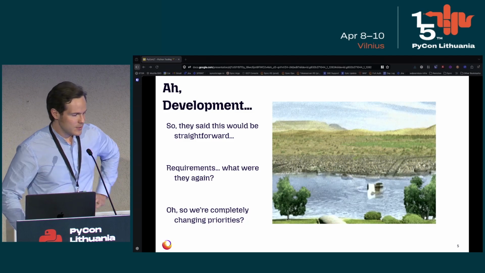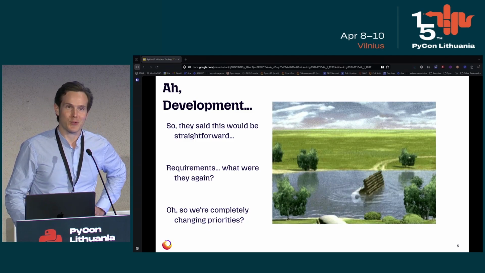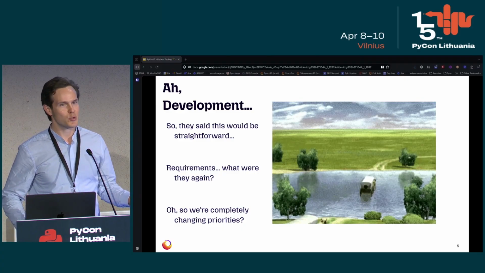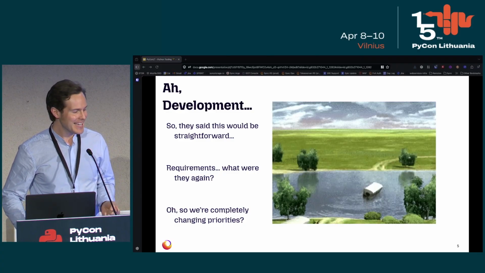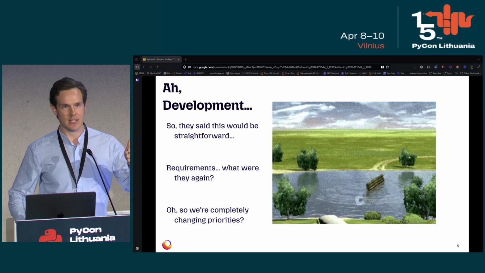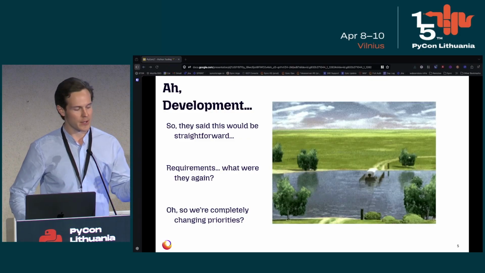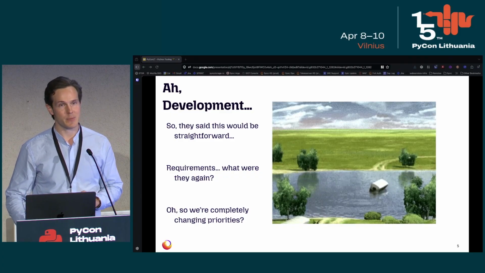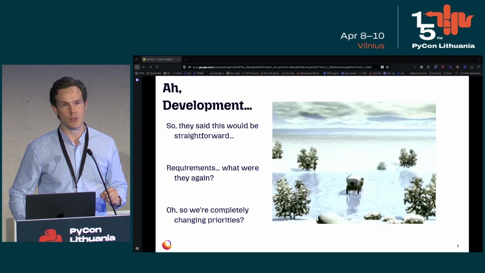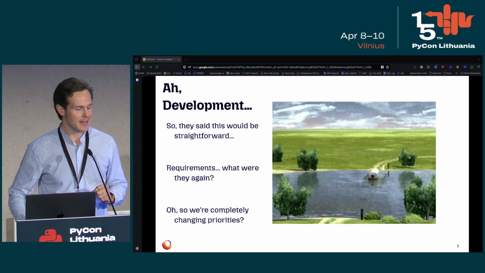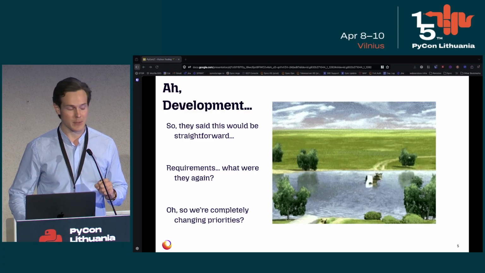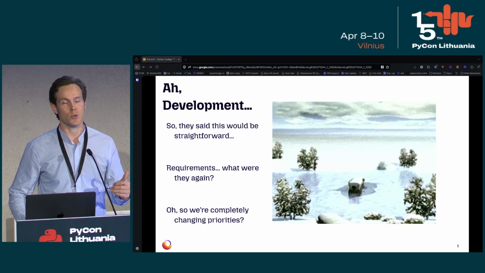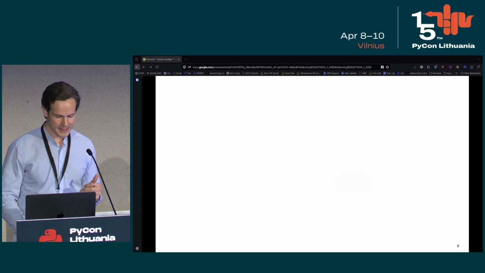Everyone said it would be straightforward, requirements would be clear, and they seldom ever are. I'm not sure if anyone has ever played this game, the Oregon Trail. I've used this in previous talks before, but either the game ends in the entire family or group getting dysentery, or your cabin is crashing into the water here. So very often the experience of development can be this. Either you have a major roadblock or problem that impedes you from being able to achieve a specific objective, or later on, as time progresses, you struggle with some of the tooling that you have that holds you back.